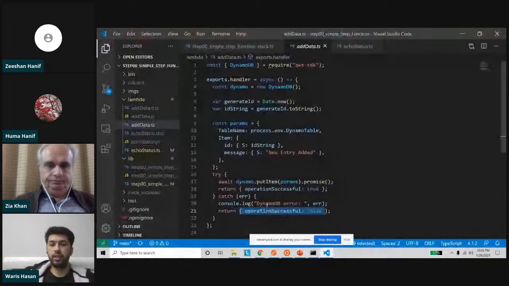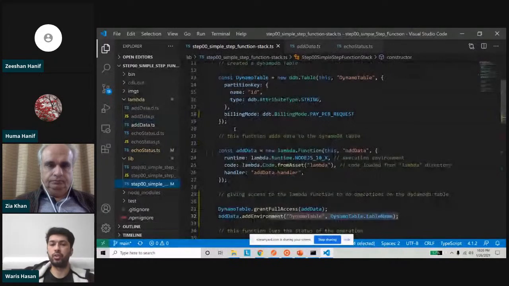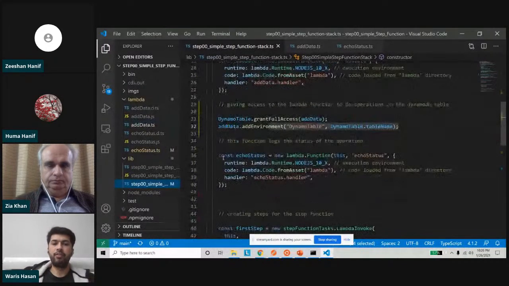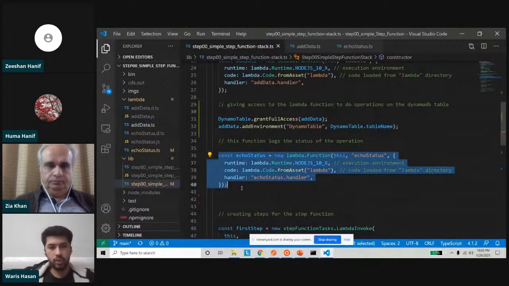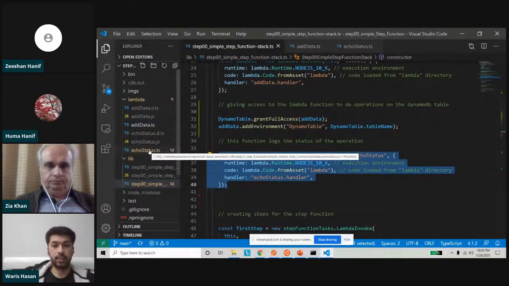So this Lambda function is returning operation successful. It's true if everything goes right. If something goes wrong, then it's false. Now let's go back to our stack. So this was our first Lambda function. Now here we have defined our second Lambda function, and let's go inside it and see what's happening inside